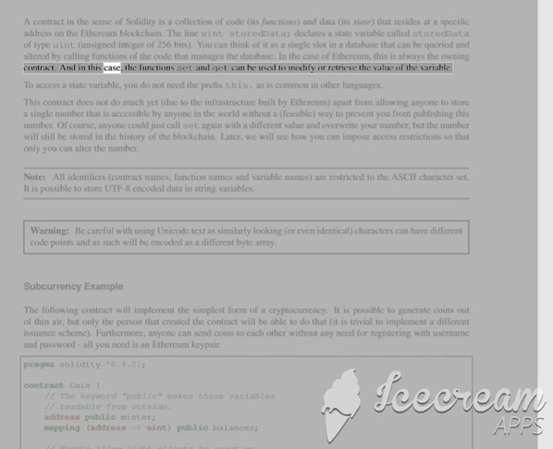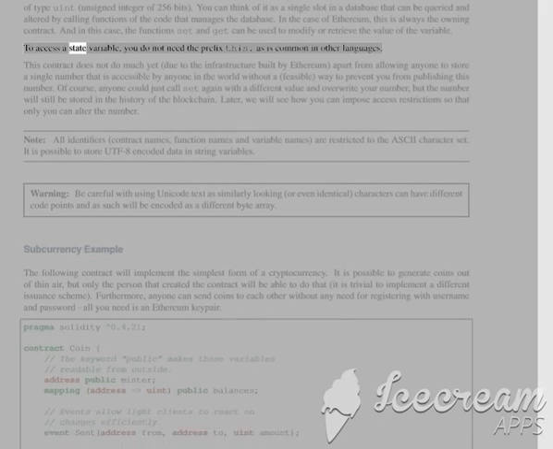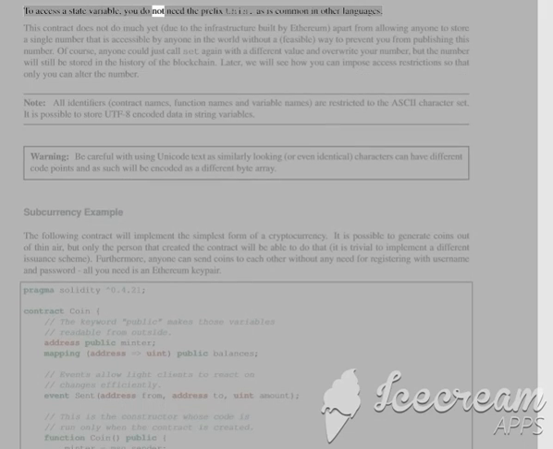And in this case, the functions set and get can be used to modify or retrieve the value of the variable. To access a state variable, you do not need the prefix this, as is common in other languages. This contract does not do much yet, due to the infrastructure built by Ethereum, apart from allowing anyone to store